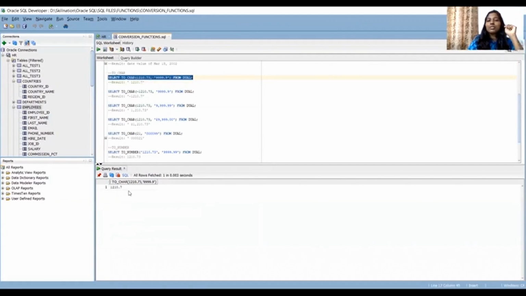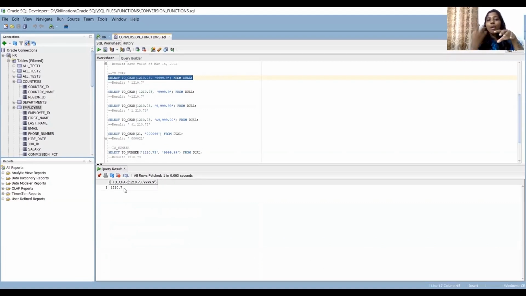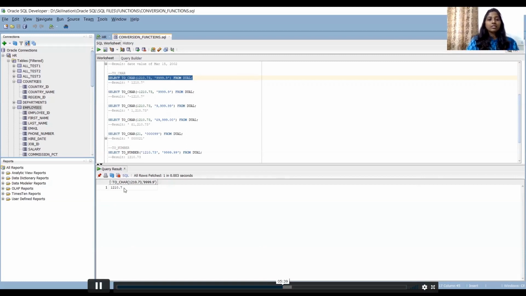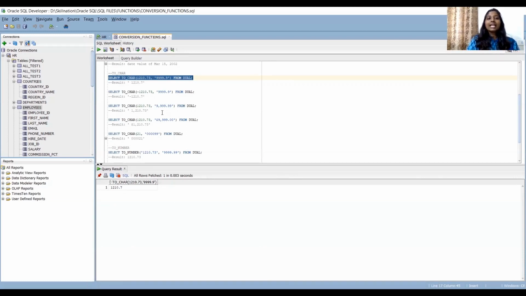See, 1210.7. And again, maybe the data is numbers, 1210.7. But actually, the format is 2 character, means it has become the string value. So from a numeric value, you can convert the format of the value into string. So that is what we are trying to do here. Can we display it with comma separated, like 10,000? I like it always to write 10, comma, 000, 10,000. So can we do that here?